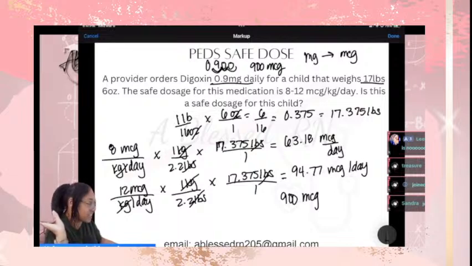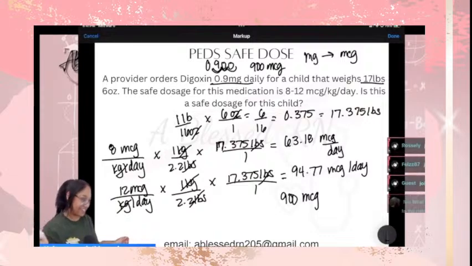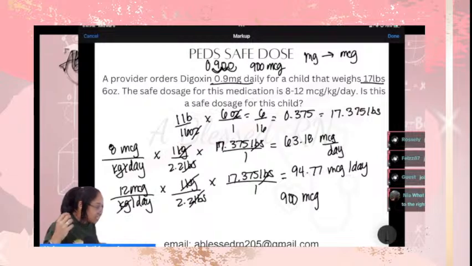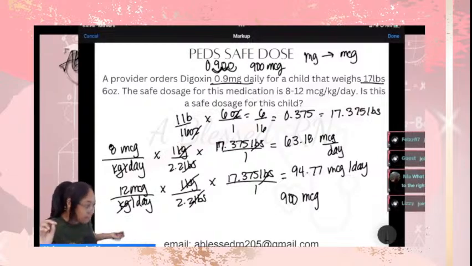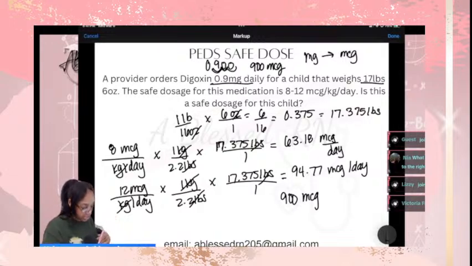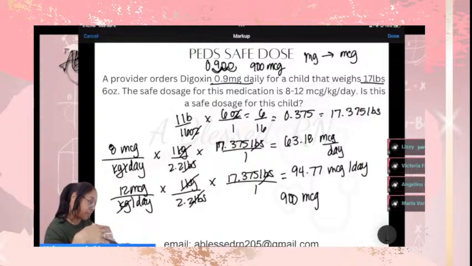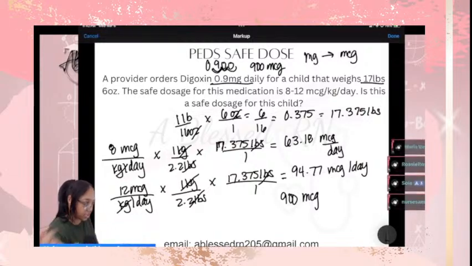Okay, cool. So yeah, this is not a safe dose. The answer is no. Okay. What is that saying? Might to slight, three spaces to the right, little to large left. So when you're going from microgram to milligram, a microgram is a smaller unit and you're going to a larger unit. So little to large, left. That means you would take your decimal place and move it three spaces